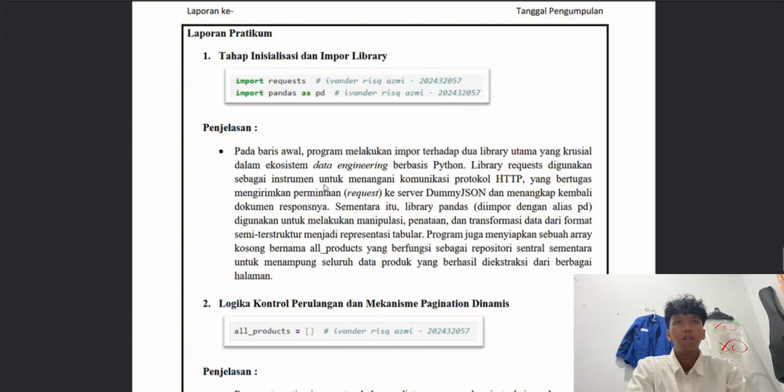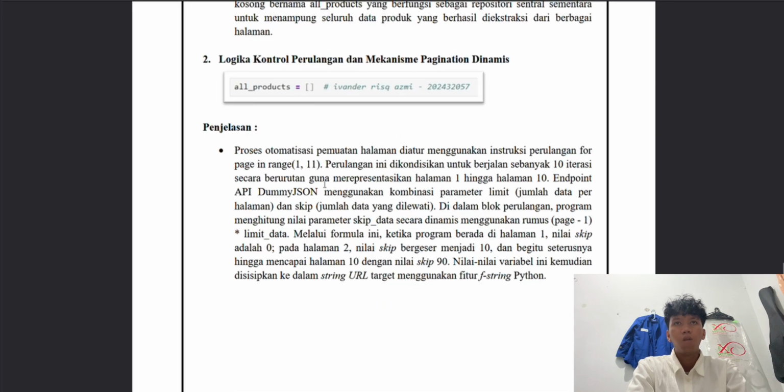Furthermore, during this stage, the program initializes an empty list named all_product. This list serves as a central temporary repository to collect all the product data extracted across multiple pages before final exploitation.